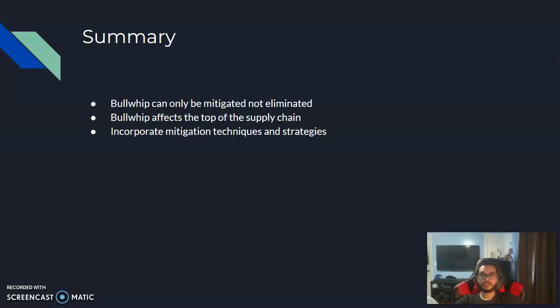To summarize what we've gone over, blow-up is caused by a fluctuation in demand that is sent upstream the supply chain as the effects are magnified as it travels up. Blow-up can only be mitigated and not eliminated, and as we played as the retailer, the lowest point in the supply chain before the customer, we saw no fluctuations in demand for 25 of the 35 weeks in the simulation. And finally, communication within the supply chain will help.